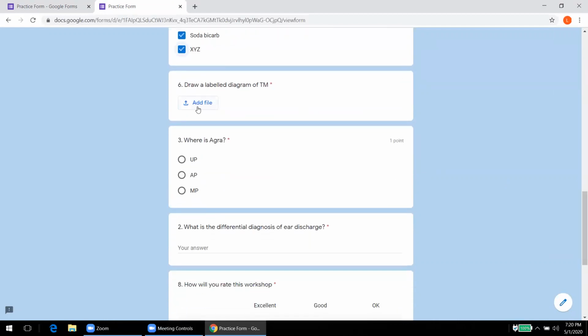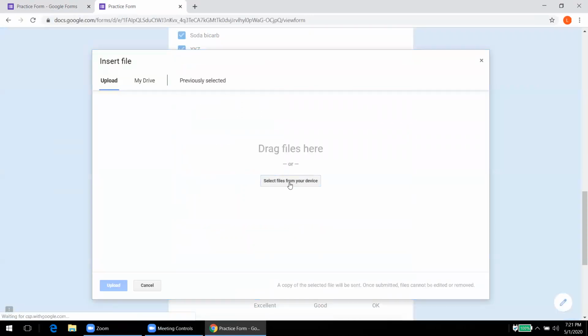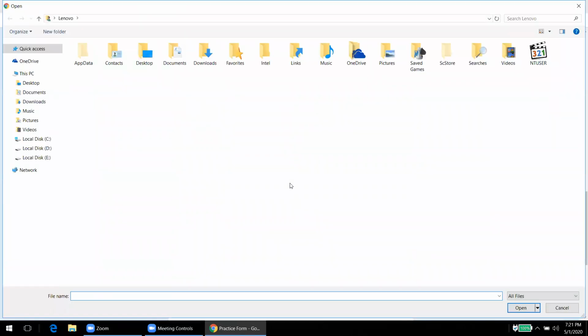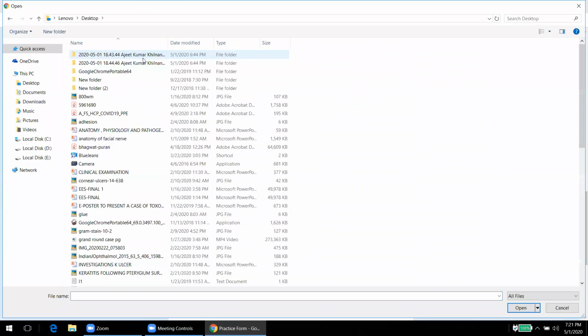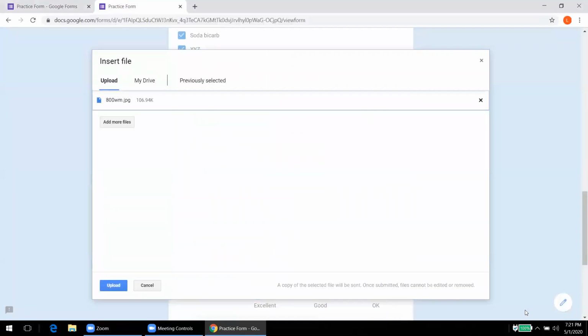Now upload a file. Now at present I won't upload any file, so I'll just okay, fine, I'll just do it. So we can select it from our drive. We can select whatever, for example, this image. So we can upload this image. If this is my upload, if this is my answer, the correct answer to the question asked, so I can upload it.